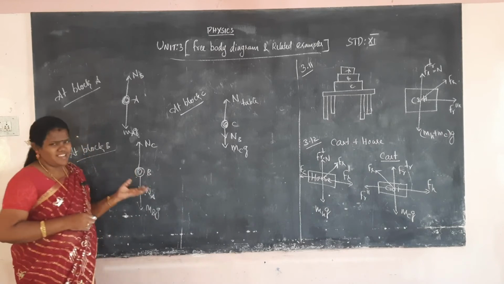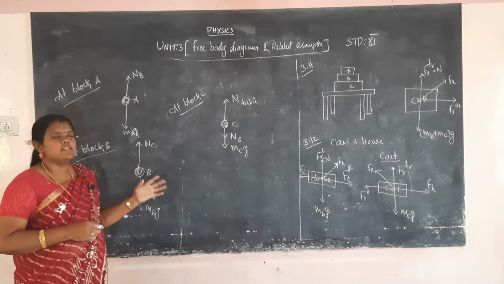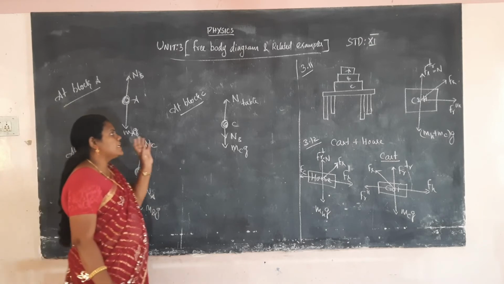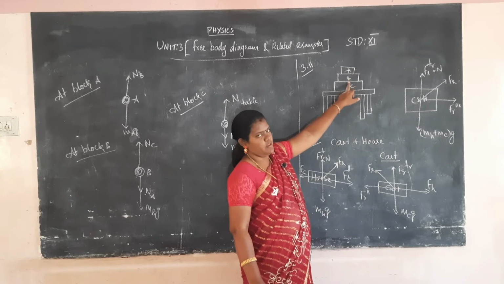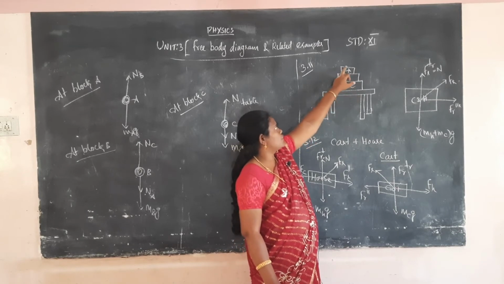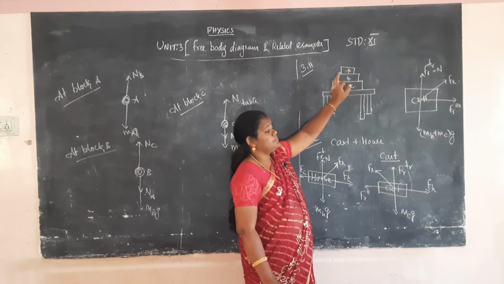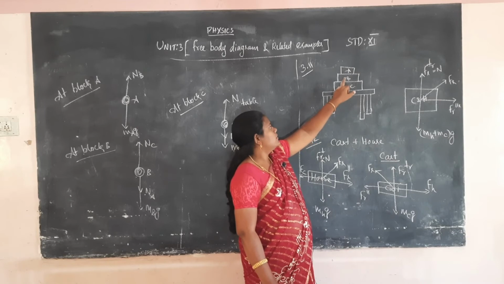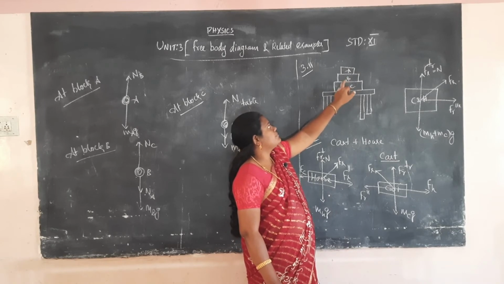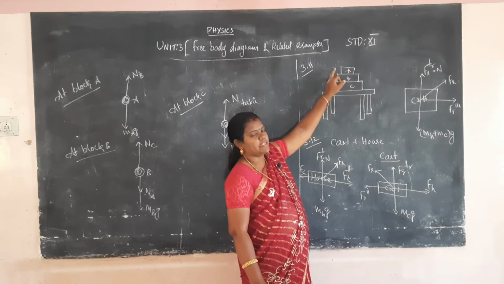So very easily, draw the free body diagram for any situation, okay. So A, B, C, 3 blocks are there. A will be applying a downward force on B, and B will be giving an upward force on A, first one. And in block B, a downward force will be acting on block C, and the force exerted by C will be acting upwards.